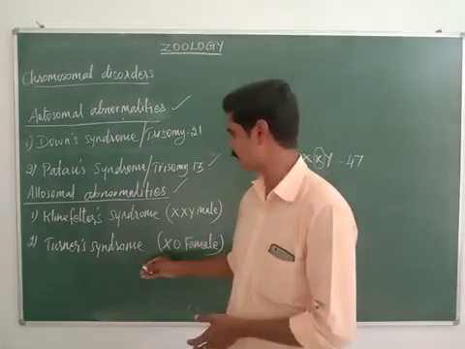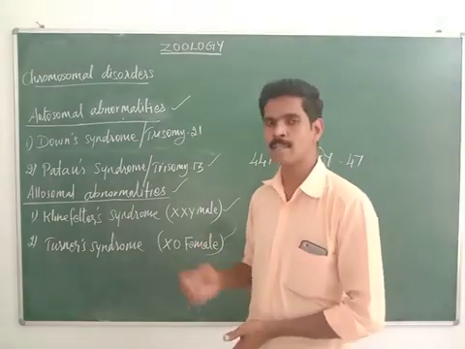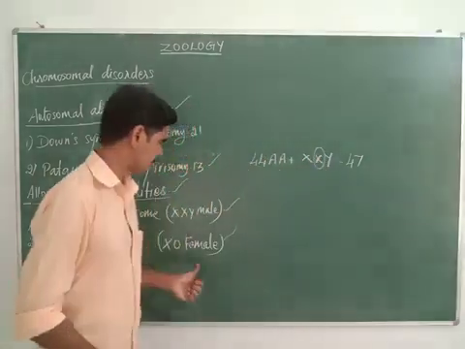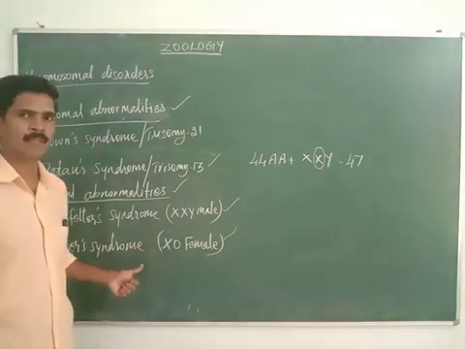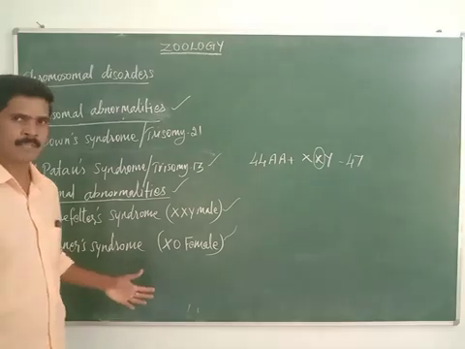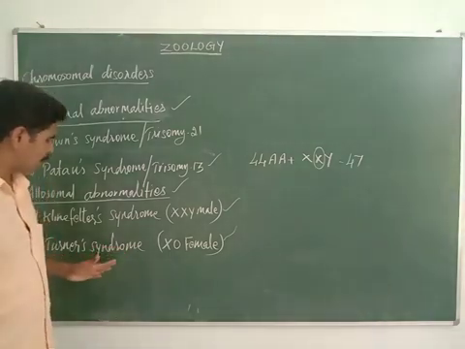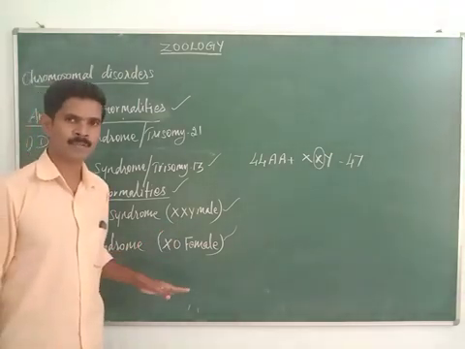Then the second disorder is Turner syndrome. This Turner syndrome is otherwise called XO female, because this disorder mostly affects females. Listen very carefully. The women affected with this disorder, Turner syndrome, get only 45 chromosomes